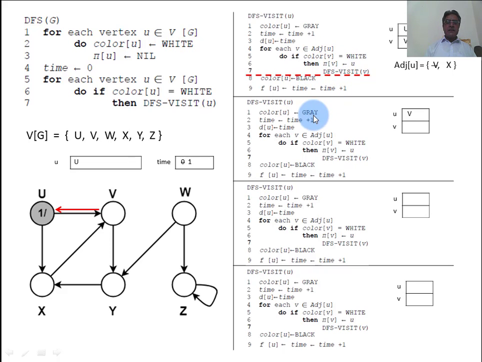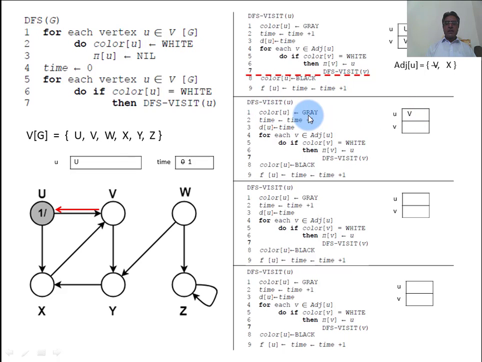We pass the value to the next call of this function. This u takes the value of v. Here the value of v is capital V. It is passed to this, and this u contains that capital V value which is passed to it.